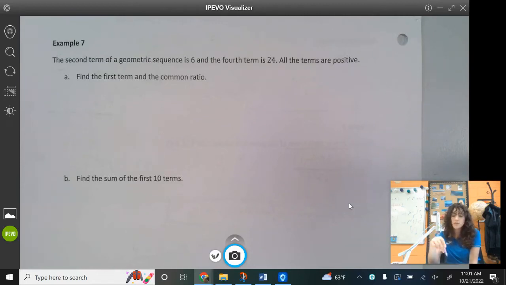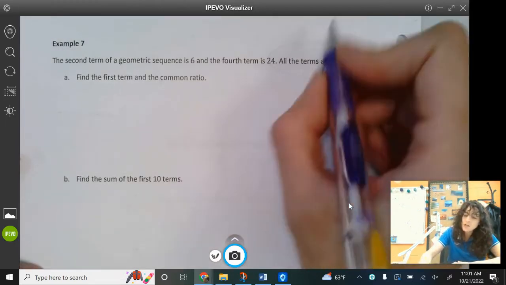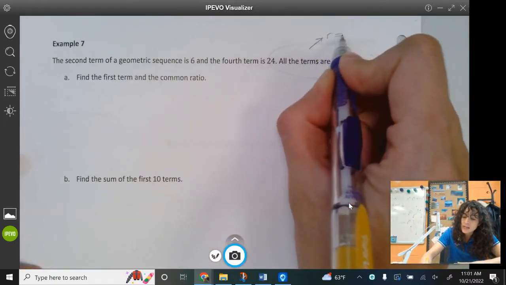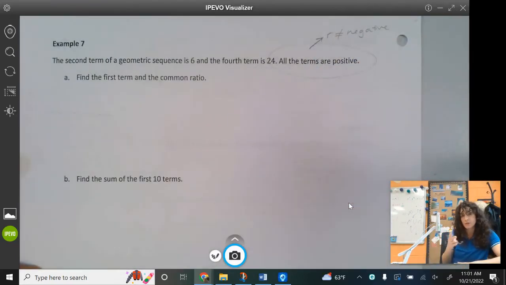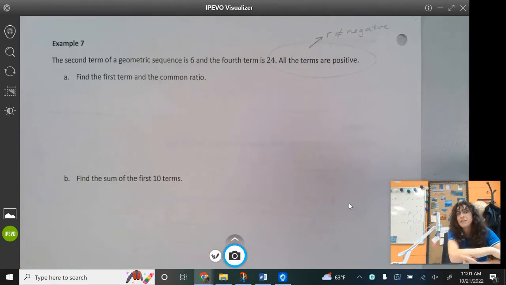Okay, the second term of a geometric sequence is 6, and the fourth term is 24. It says all terms are positive, which tells us that our common ratio is not negative. Right? It's not flipping between positive and negative, which is important for us to know. It means that we might get more than one answer for r because we need to find our first term